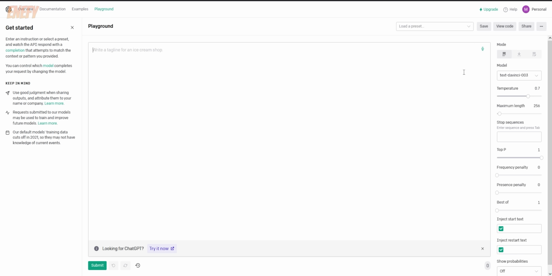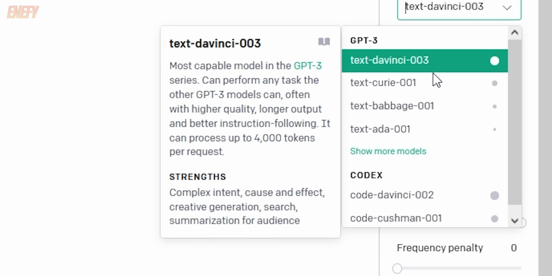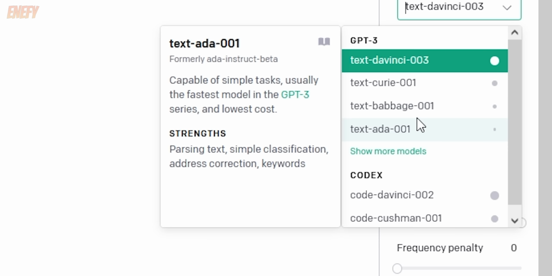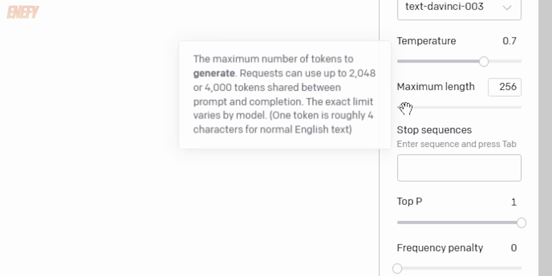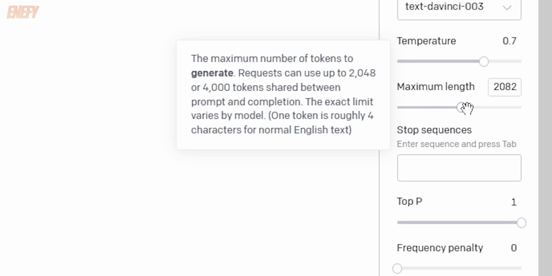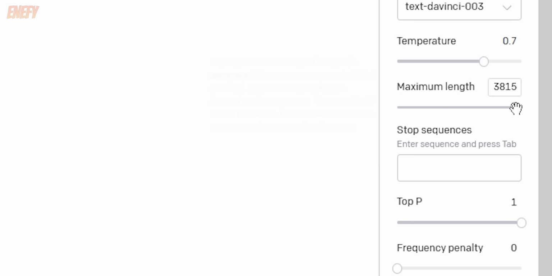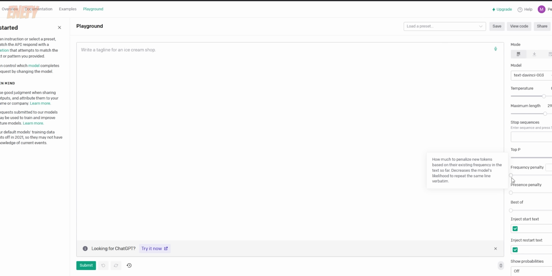Here we have more control over the algorithm. You can choose the AI model they trained. DaVinci 003 is the newest one that is also used in the previous user-friendly interface. You can also change the maximum length, which is good for writing essays, or some other options which set repetition,